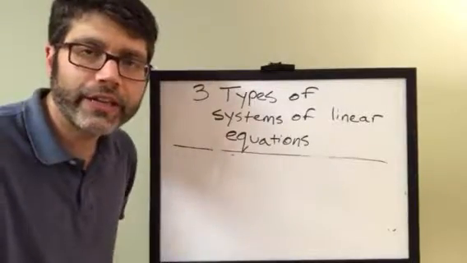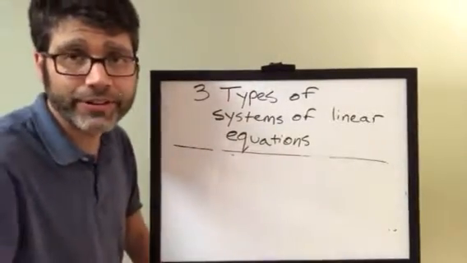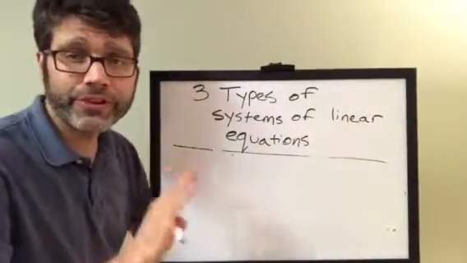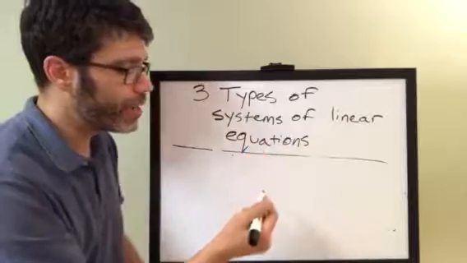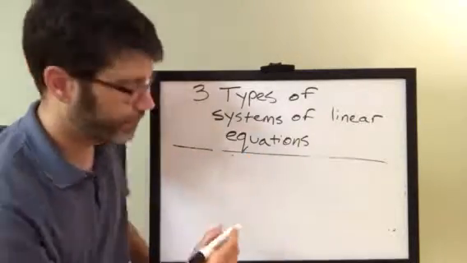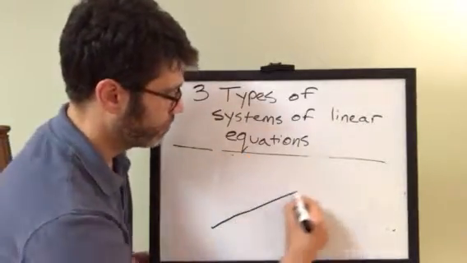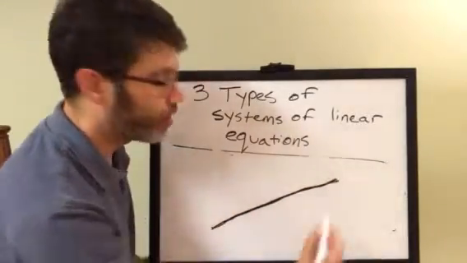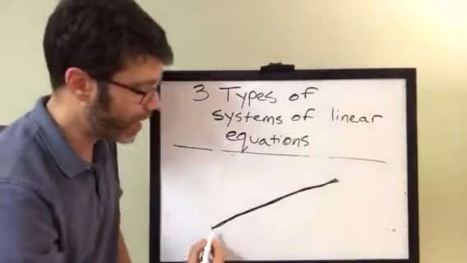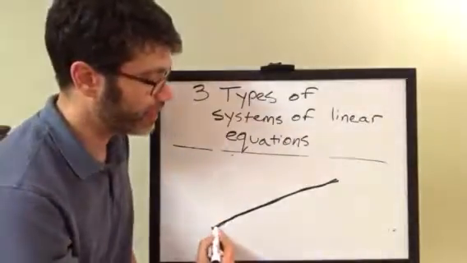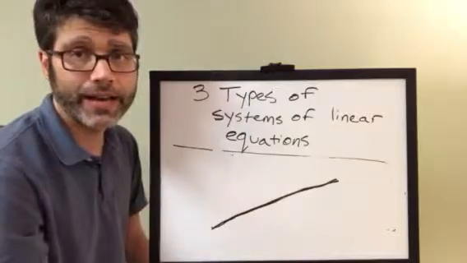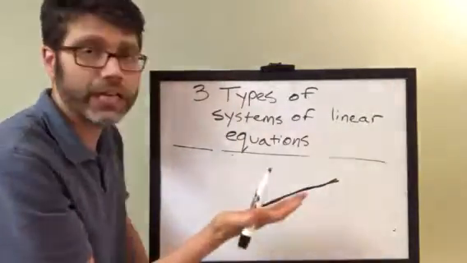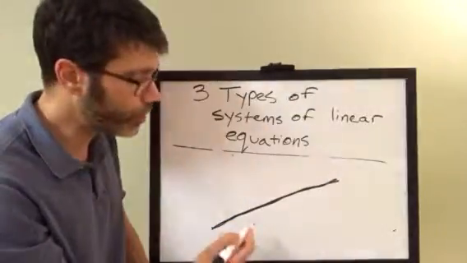All right, now we're talking about our third type of scenario when we come to a system of equations. The third type of scenario is when you have two lines, one line and then a second straight line, that are on top of each other. Do you see that I drew, or tried to draw, the second line to be exactly on top of the other line? Therefore, these two lines, since they're exactly on top of one another, are going to have the same